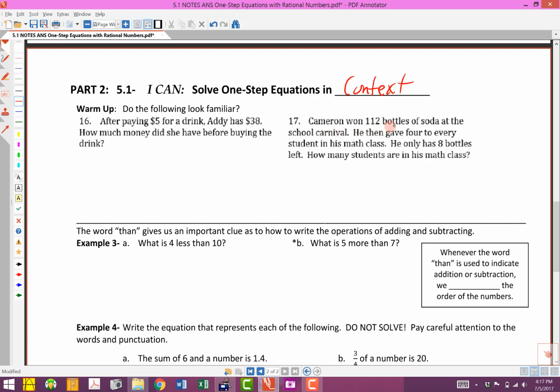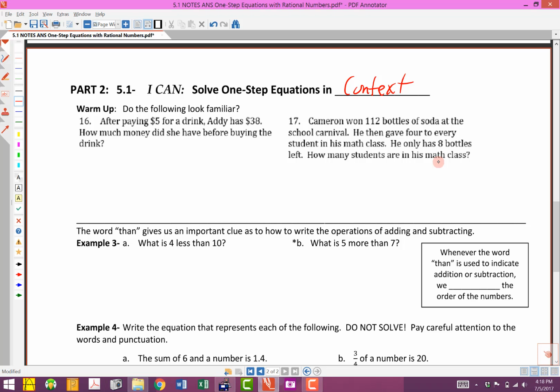Cameron won 112 bottles of soda at the school carnival. He then gave 4 to every student in his math class. He only has 8 bottles left. How many students are in his math class? Well, I'm hoping these look familiar because they're very, very similar to some that we've had on tests. They're also very, very similar to ones that we've had on